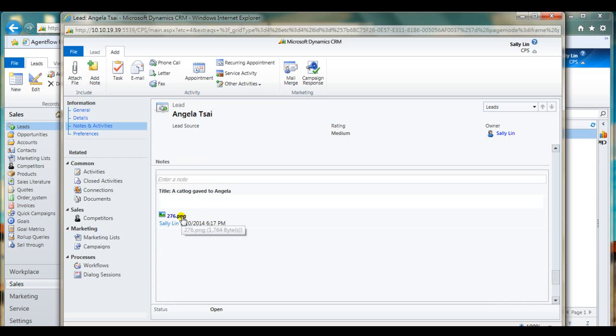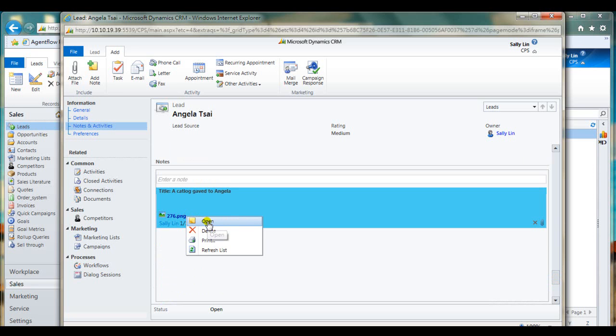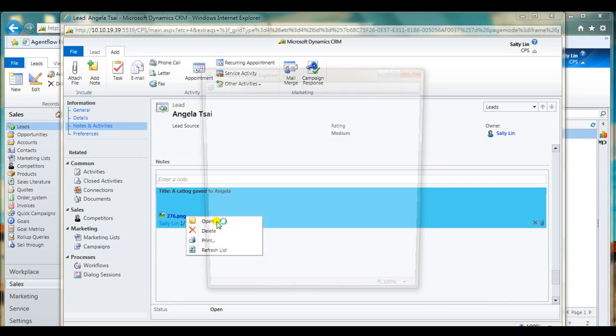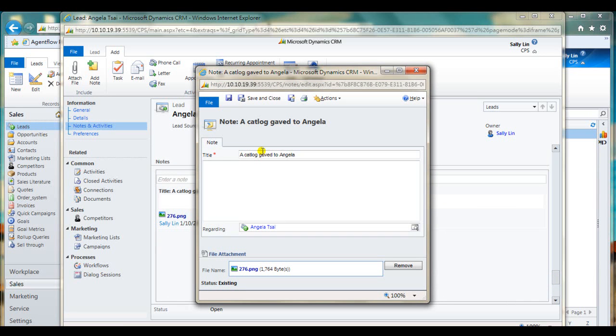Then you can right-click the attached file. A new menu will appear. This is an Open option to view or edit the note. You can view this note again.